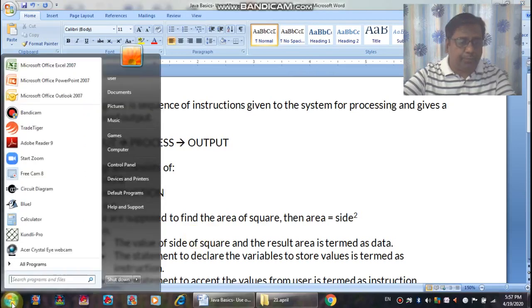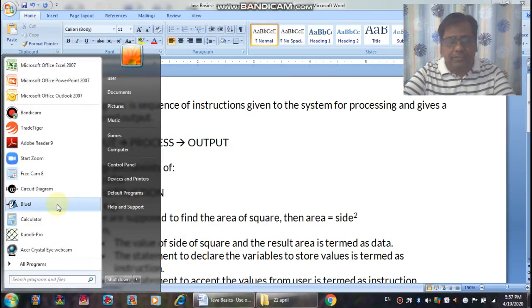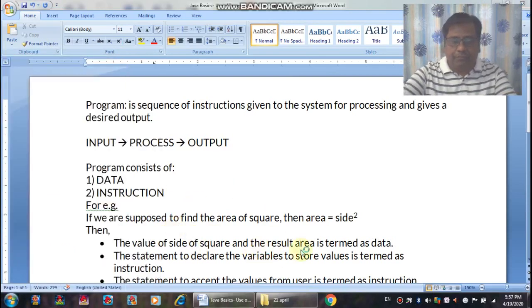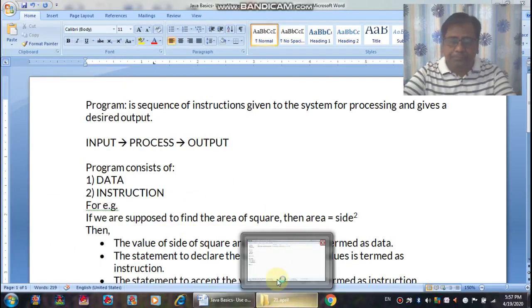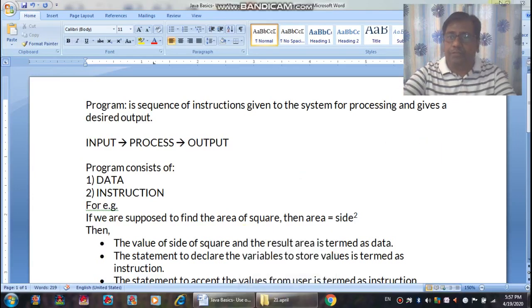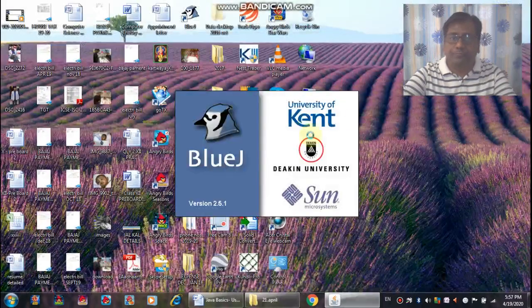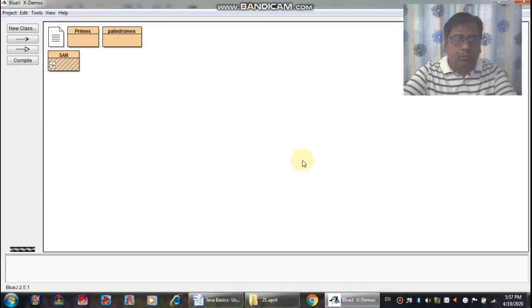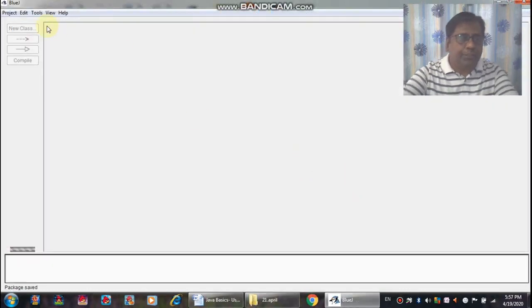A small program to just display any content on the screen. For that you have to click on the blue J. Its opening screen will be as such. Once it's open, you will see that a blank screen is there.